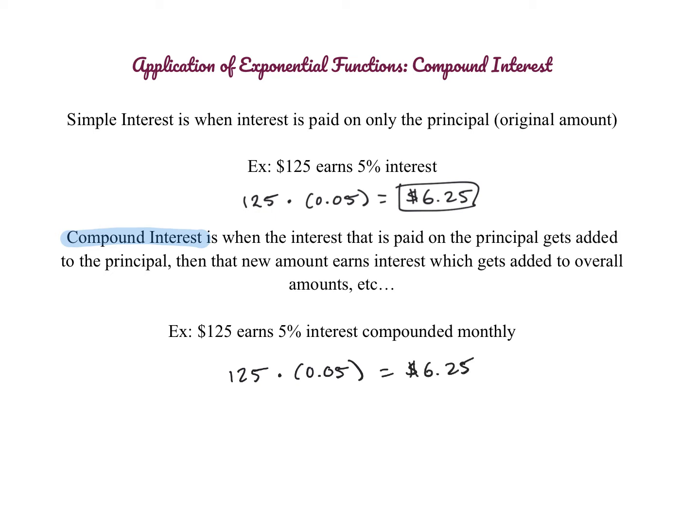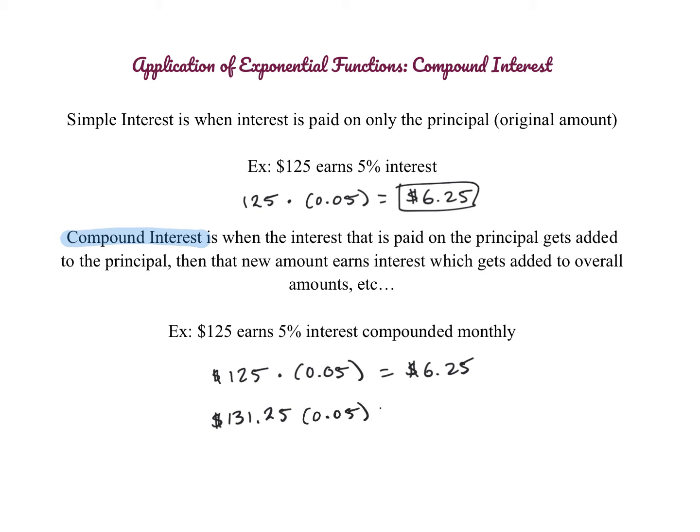But this time you're going to take that $6.25 and you're going to add it into your account. So now your account has $131.25. And now when you earn 5%, you're not earning 5% off of 125, you're earning 5% of this new higher amount. So you can multiply it by 0.05